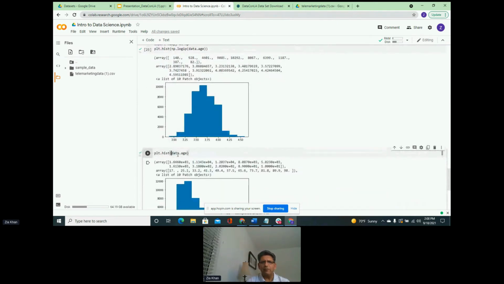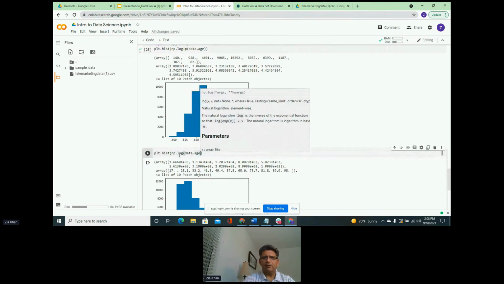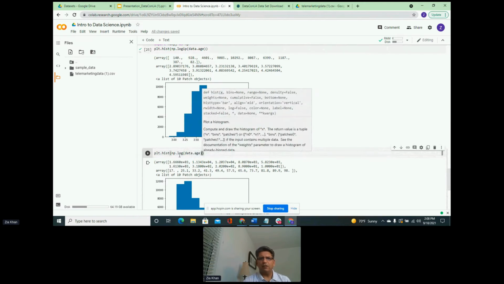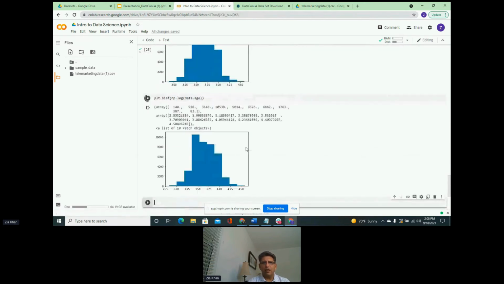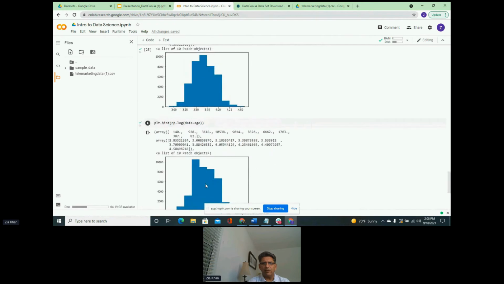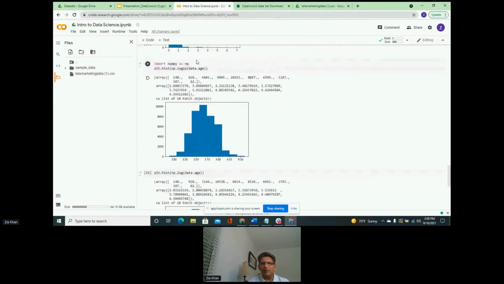And now let me show you guys. It is np.log, and the other one was np.log1p. So this is how the log looks like. The bottom figure is the log, and this one is the log1p. So the log1p does look a little bit better than the one that is just log. So again, you have to try and see what kind of transformation works best for your data.